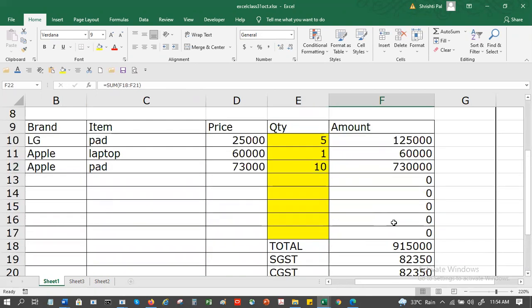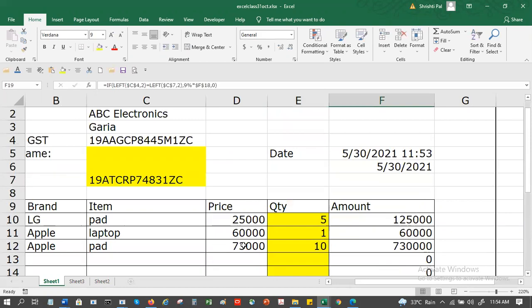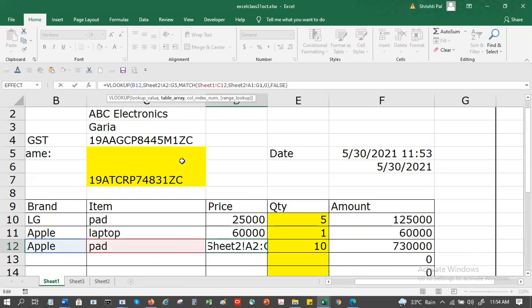So CGST, SGST also have a formula, right? Yes. Now see, if I want to copy this VLOOKUP, what will be my variable? This B12 will be variable, but my sheet, this, B12 is constant.